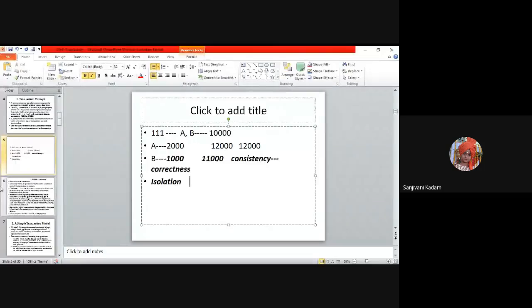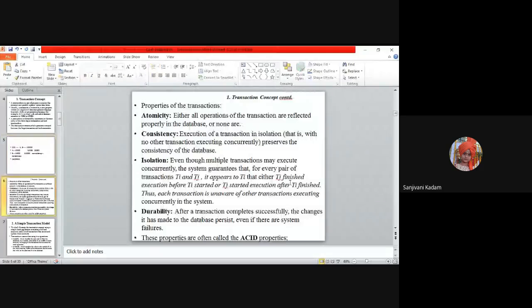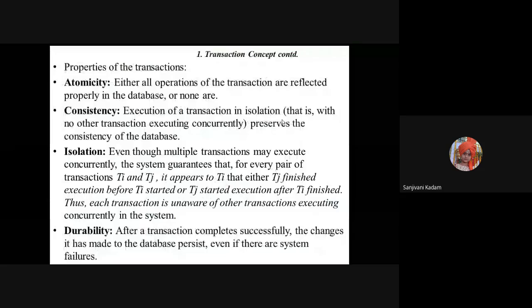So consistency means that execution of a transaction in isolation, that is with no other transaction executing concurrently, preserves the consistency of the database. So simultaneously I should be able to perform these operations correctly. And next one is isolation. Even though multiple transactions may execute concurrently, the system guarantees that